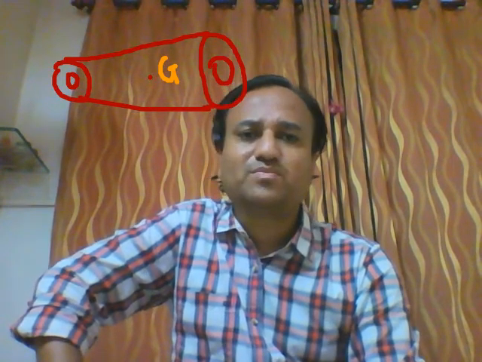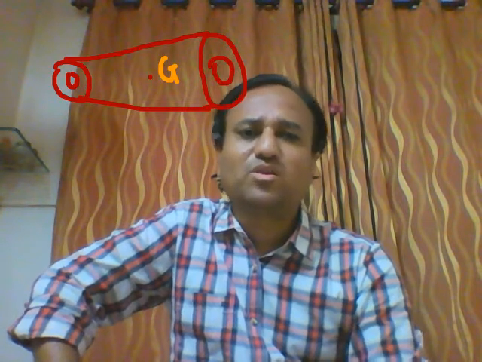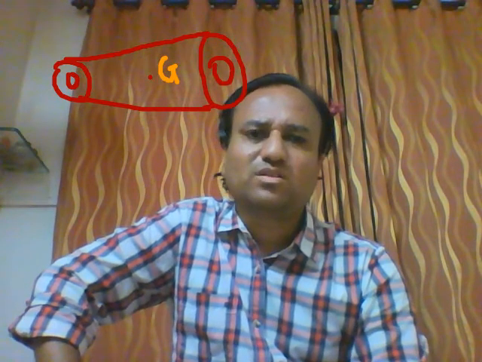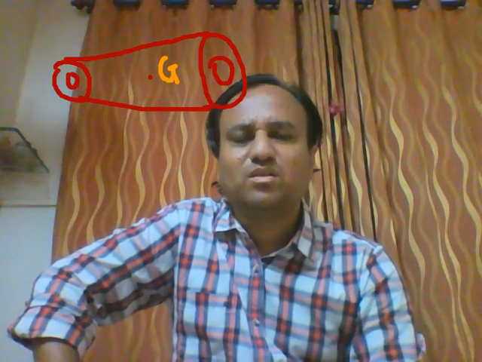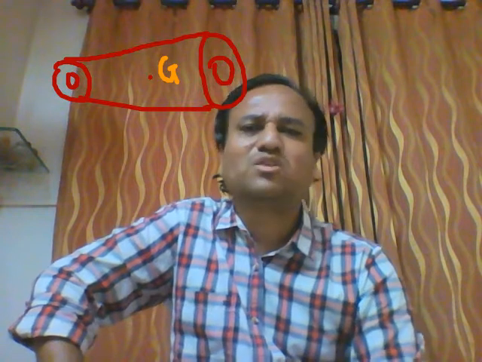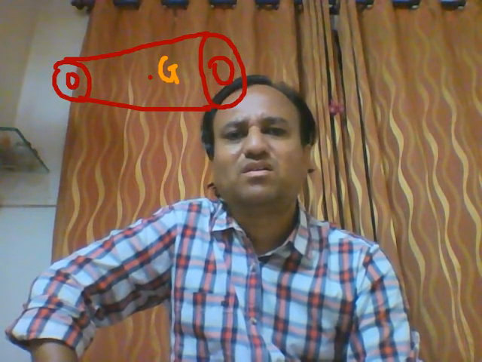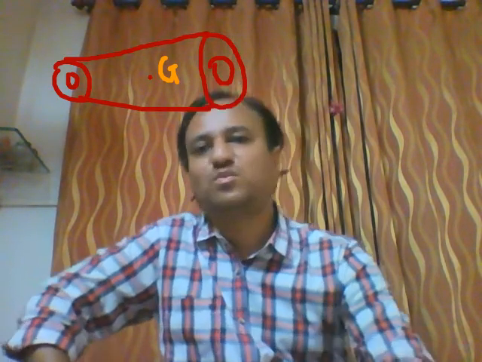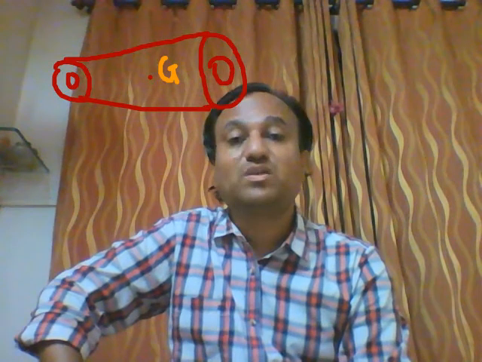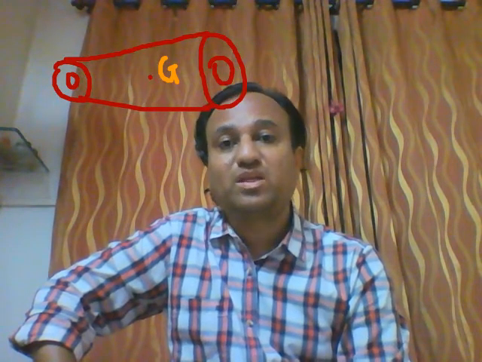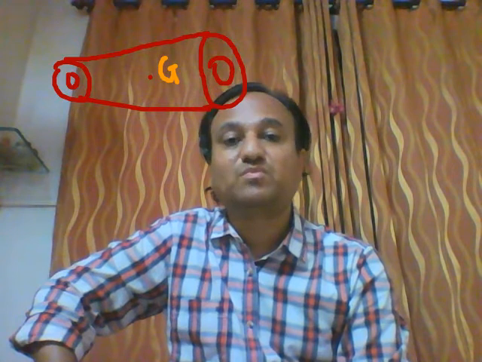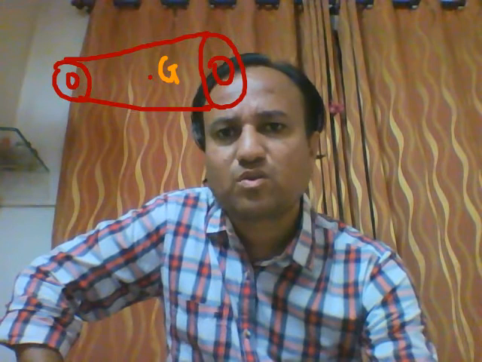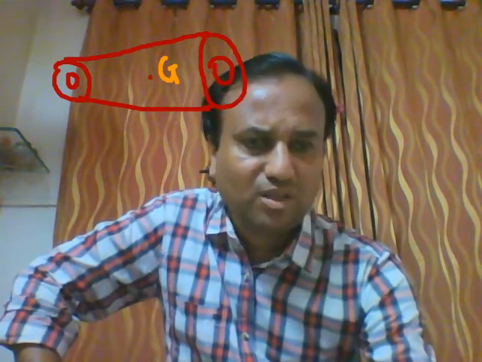So the location of CG for a regular shaped body is simple. For a cylinder, for a sphere, for a block, the location of CG is found by using simple geometry. But for an irregular shaped body, the location of CG is itself difficult. Okay. So the dynamically equivalent system will be applied for a moving body. So let G be the CG.